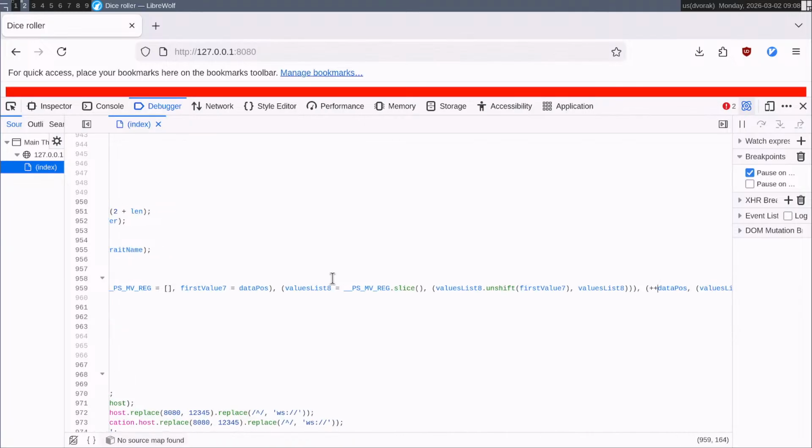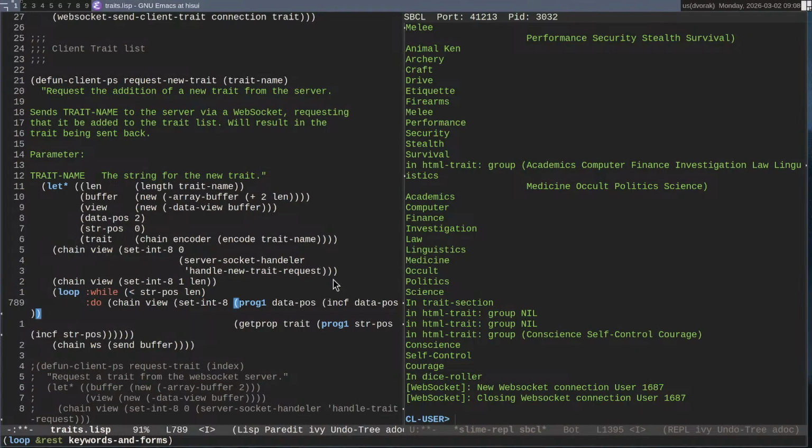Then, okay, we're unshifting first value 7. No, we're unshifting by first. What is this? This is hilarious. Do you know what this is? What this is, and I'm going to unroll this right now. This is because I have used prog1.